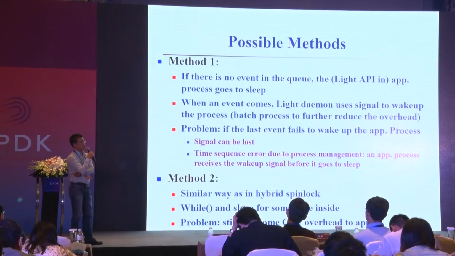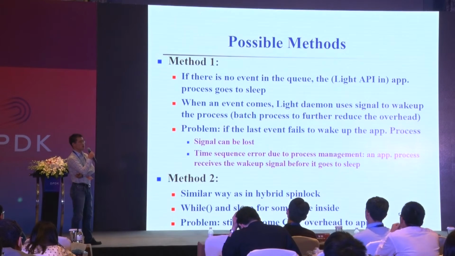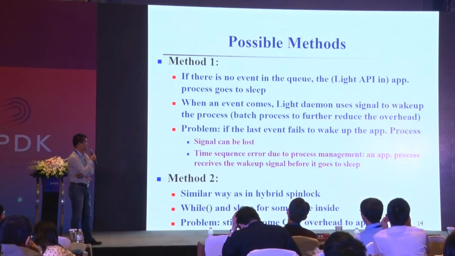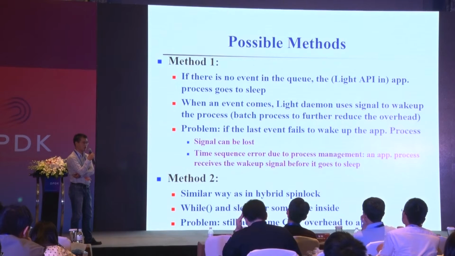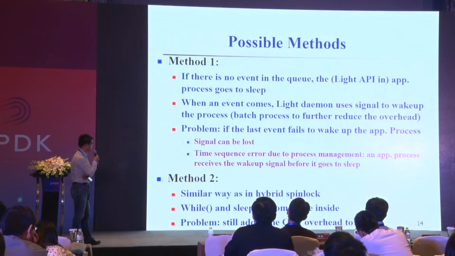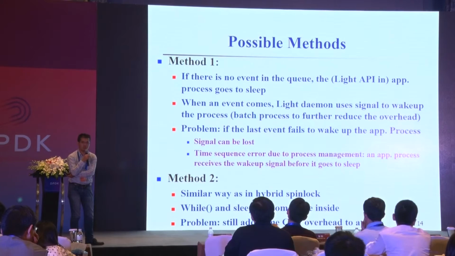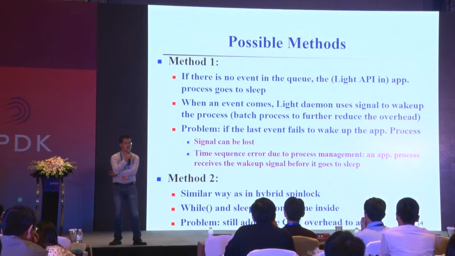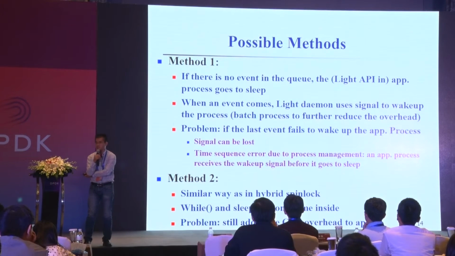In light daemon, there is a queue for reading and writing, so if the light API is used to read and write the data, and there's no event, then I will let the application go into hibernation. If any data arrives later, we will wake up the application. By doing this, we can achieve something like the application core kernel. However, there's one issue with that: we're waking up the